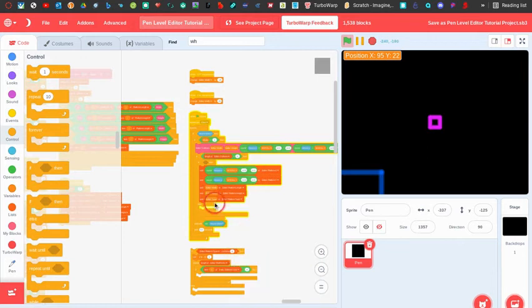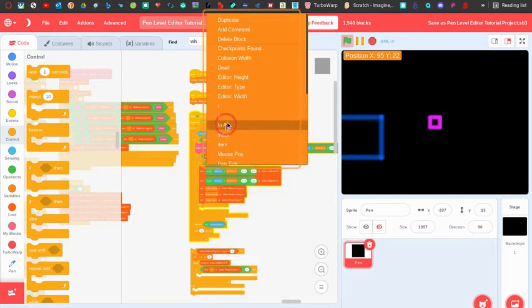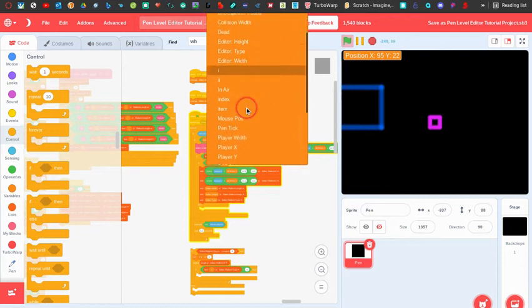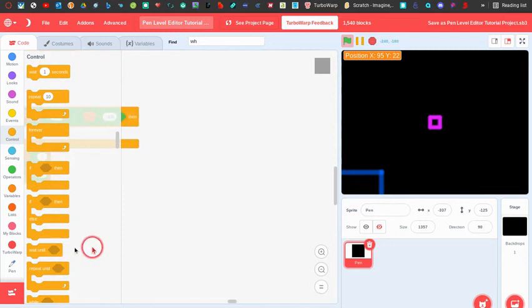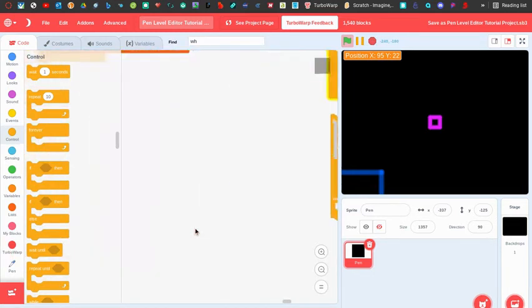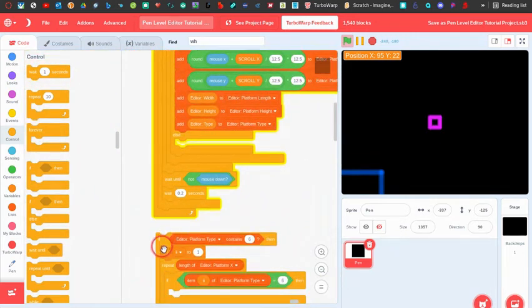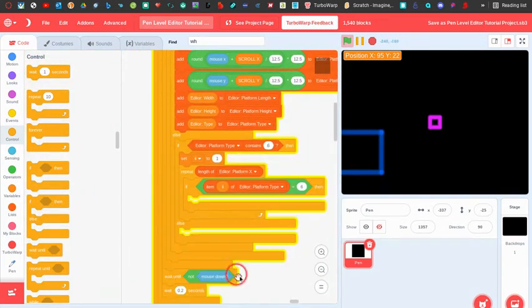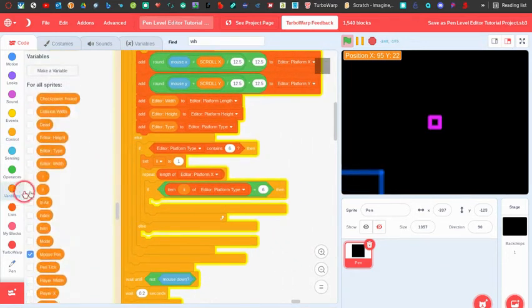And then we'll say the collision type is less than 6. And you probably can't see what I'm doing, but I'm just doing not collision type. Editor type is less than 6. Sorry. But see, here it is. It's just if it's less than 6. Else, if it contains 6, then do this, and then set